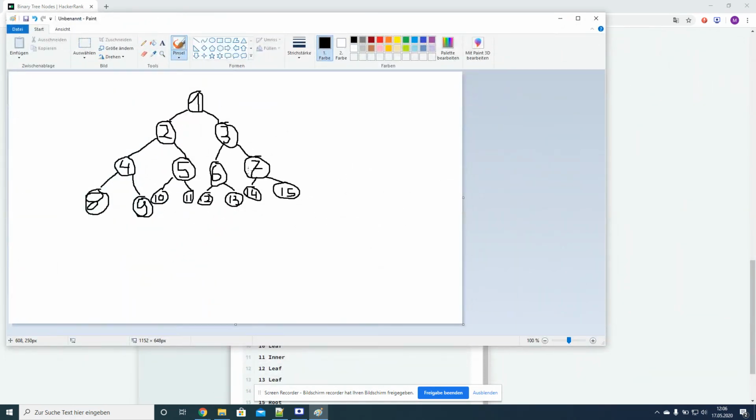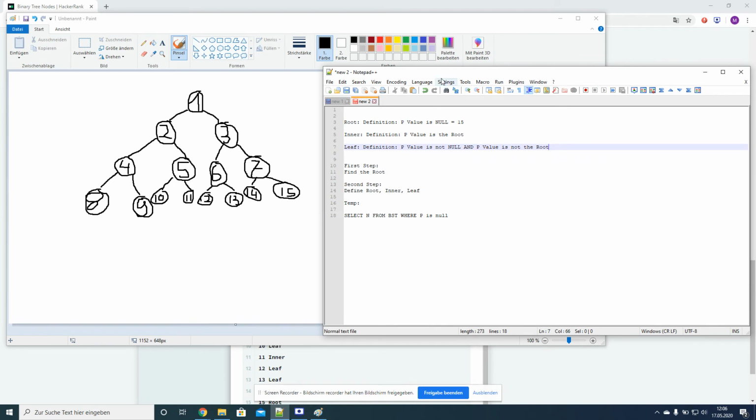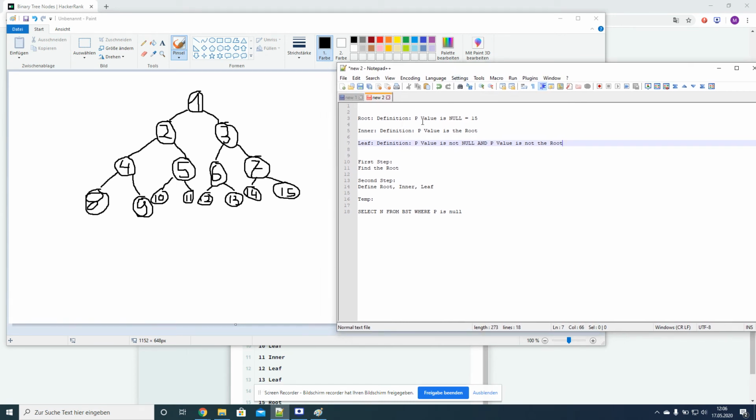So we have to change our definition. Our definitions were not sufficient. The root definition is still true. The p-value is null. That is the root. The inner definition is not true. The p-value is the root, because we have here inner nodes 4, 5, 6, 7,